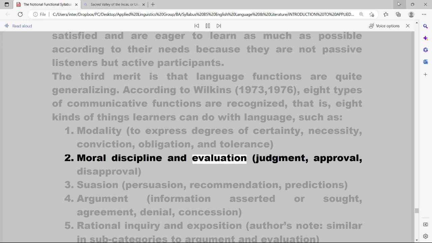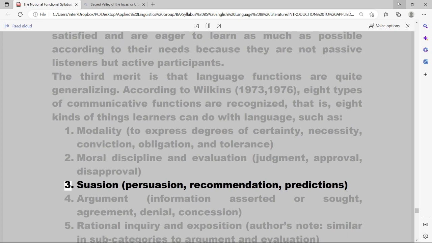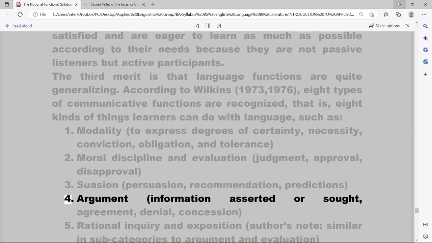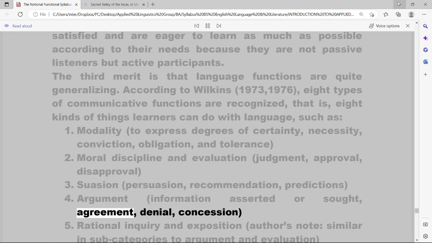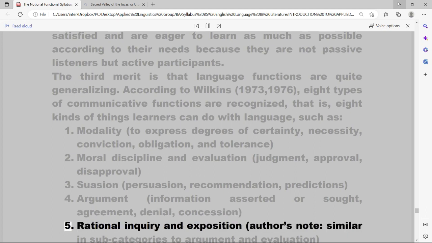Moral discipline and evaluation, judgment, approval, disapproval. 3. Suasion, persuasion, recommendation, predictions. 4. Argument, information asserted or sought, agreement, denial, concession. 5. Rational inquiry and exposition,